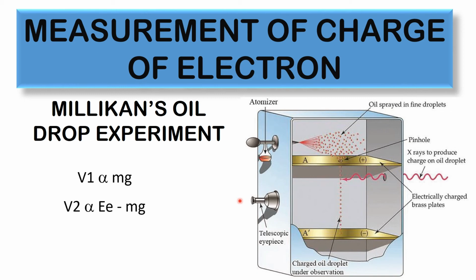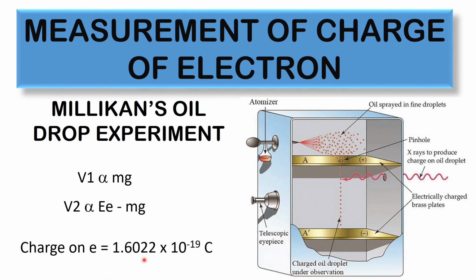So each of these droplets will be suspended midway in the air with the help of a different electric field. Some of them will require a higher field, others a lower field. But interestingly, what Millikan observed was that for each different droplet, the electric field that was required was a multiple of